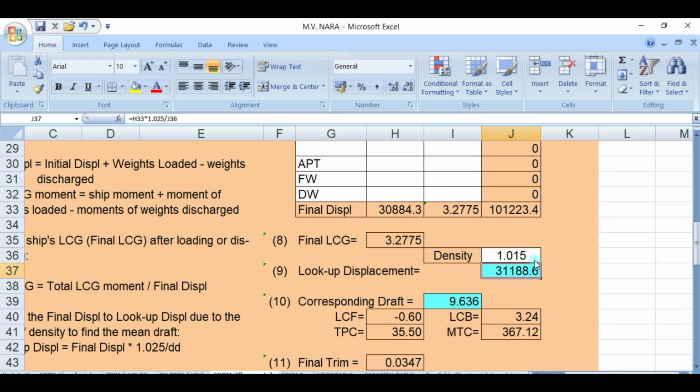So the density is 1.015, so your draft would be 9.636, and your displacement is 31188.276. So let's check, guys.